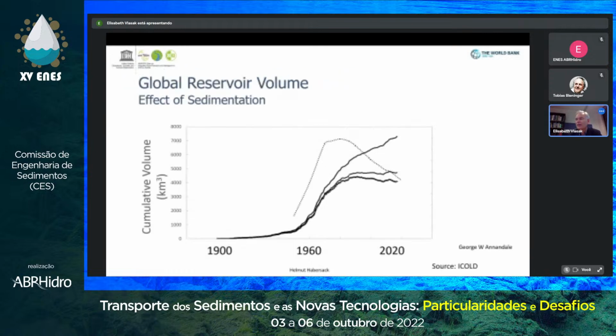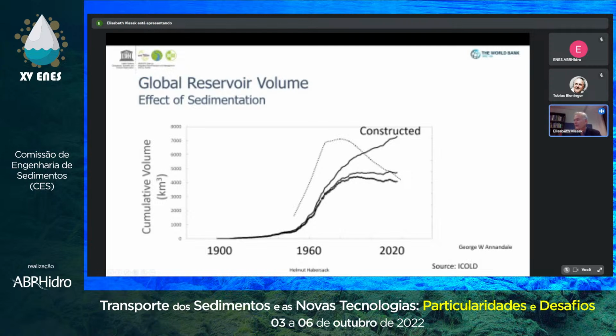If you scale this topic up to the global scale, what you see here is the constructed reservoirs since the beginning, a cumulative volume of all, including the Brazilian reservoirs, in cubic kilometers of volume until 2020. So quite accurate, recent data. You end up here with 7,000 cubic kilometers of storage. Now, that's the construction, so it goes further up.